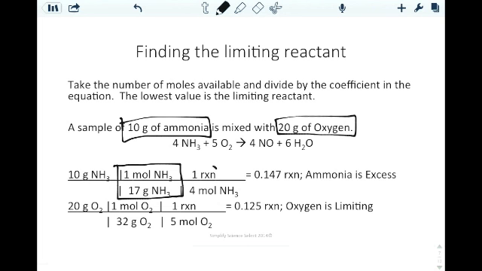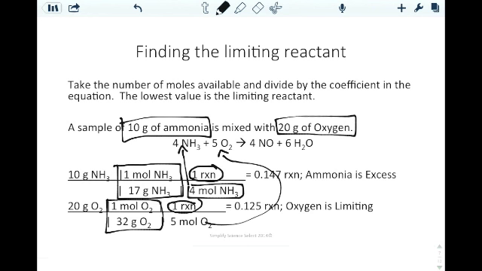And in one reaction, we have 4 moles of ammonia. You can see it right there. In one reaction, we need 5 moles of oxygen. So after we convert it from grams to moles, then we just look at how much I need in the reaction. Well, I need 4, I need 5. And I go ahead and I work this out, and I get my value of